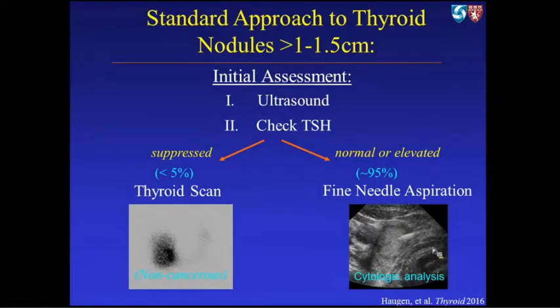So this is the starting point, which I think everyone knows. This has been the process for evaluating a clinically relevant nodule for the last 4 to 5 decades. As ultrasound has become now so good, it is by far the optimal imaging modality for the gland. We check serum TSH for the off chance we find a functional or hot nodule. That is the rarity. Almost everyone heads to the bottom right of this slide, which is heading towards FNA and